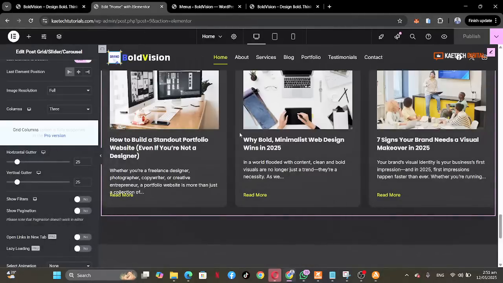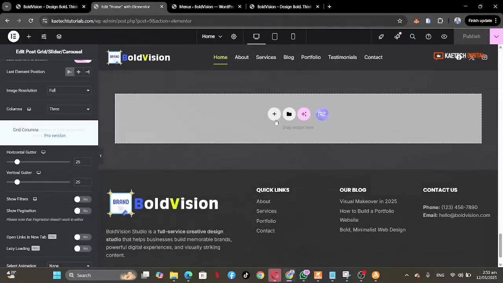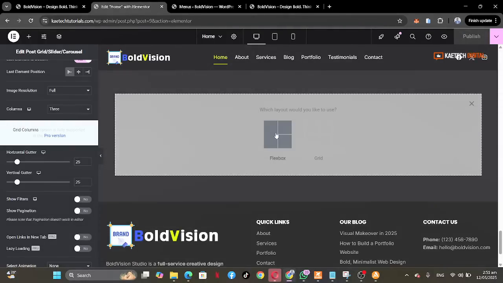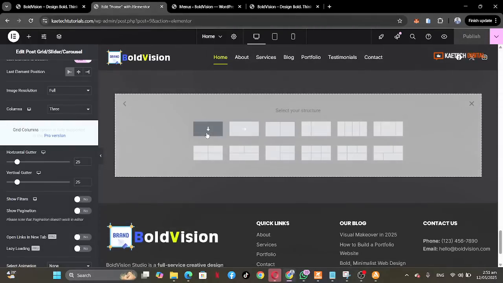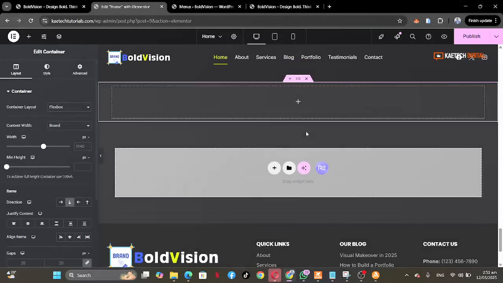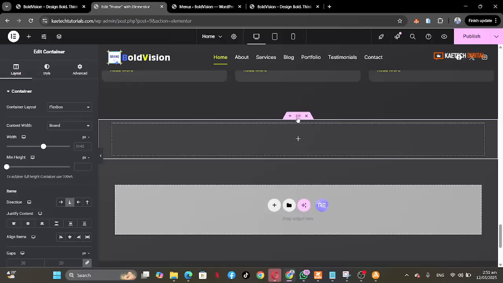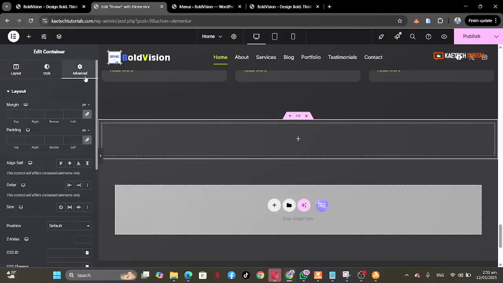So I'm going to click on this one and choose the Flexbox container. I'm going to give it a width of 1280 pixels. Go over here to advanced,